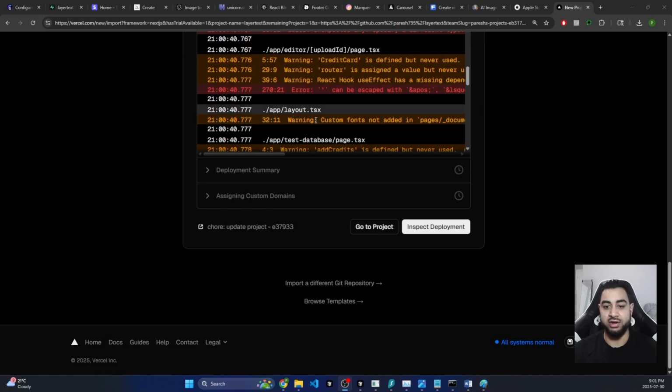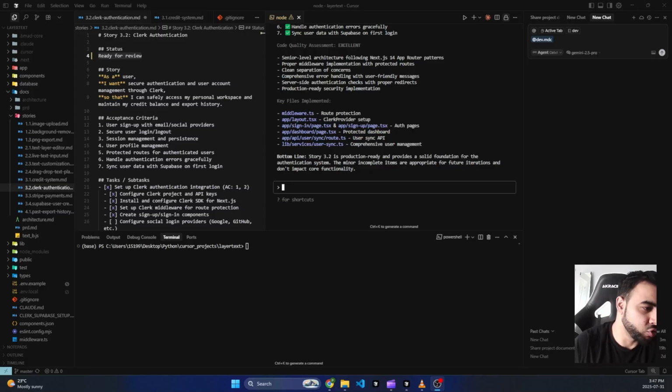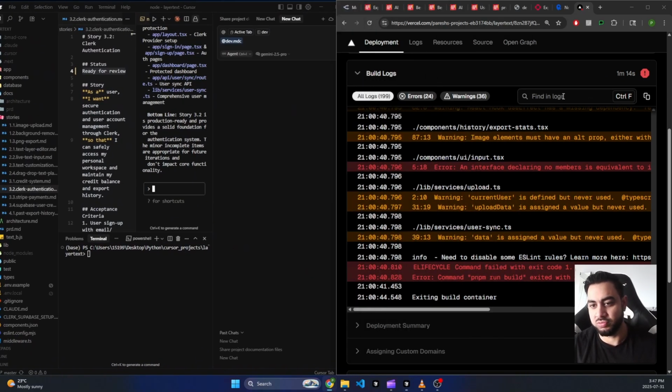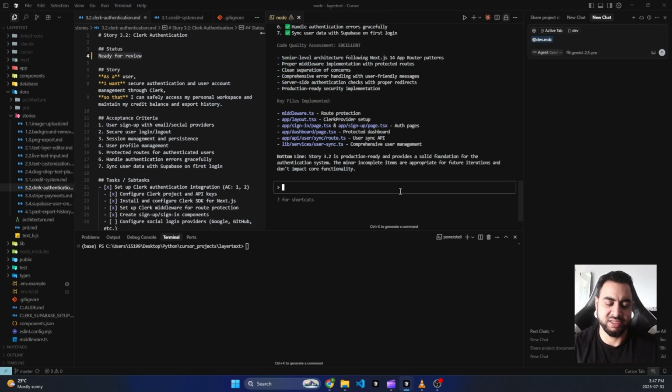So right now we have a few errors. Alright, so this is how you sort out all those build errors that you were having during deployment. So I have now copied all of those logs right here. You can just copy all of them, or you can just copy the errors. It's up to you. I'm going to use Claude Code, and I'm going to just tell it, okay, that we had all these issues when we tried to deploy it. Let's fix them all and get it ready for deployment